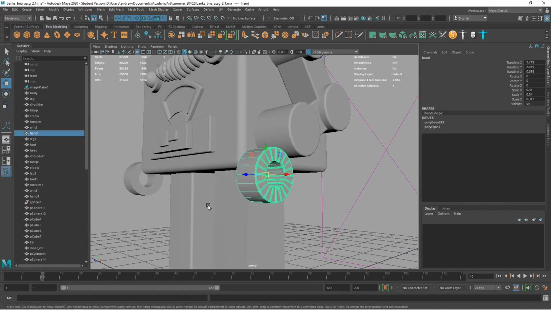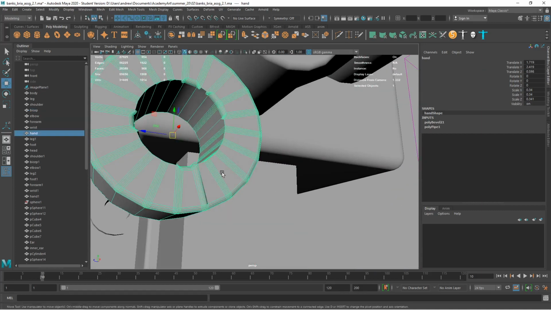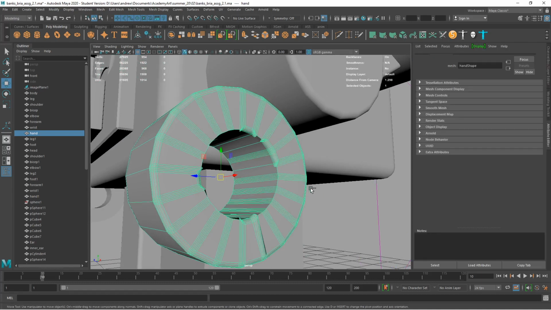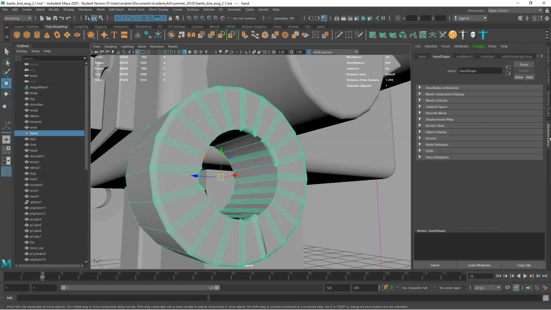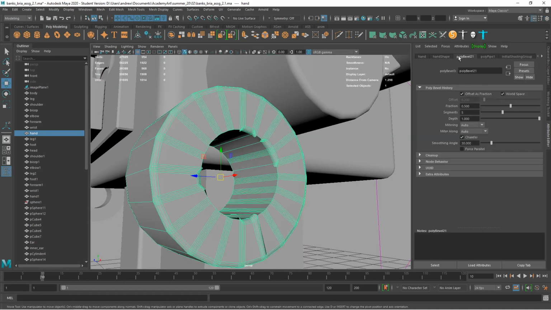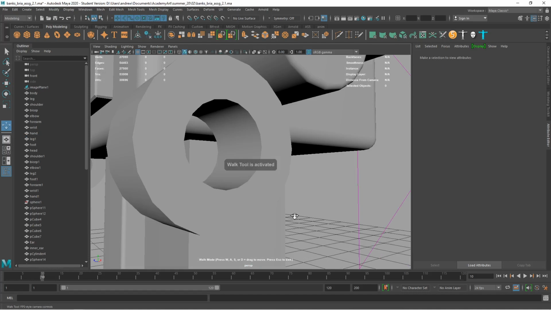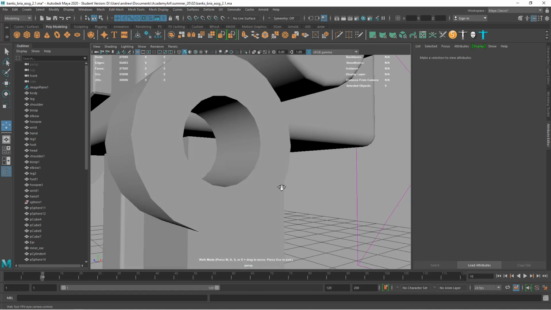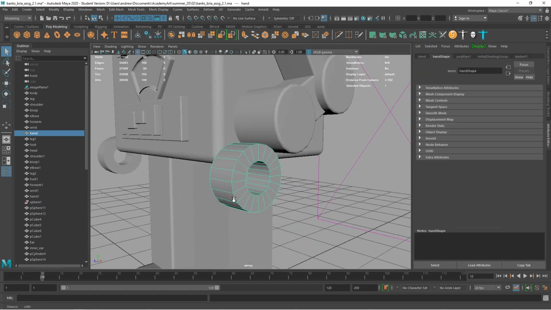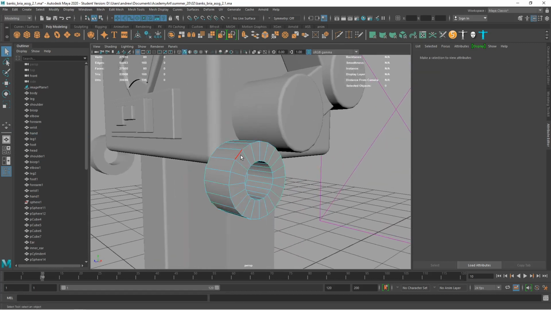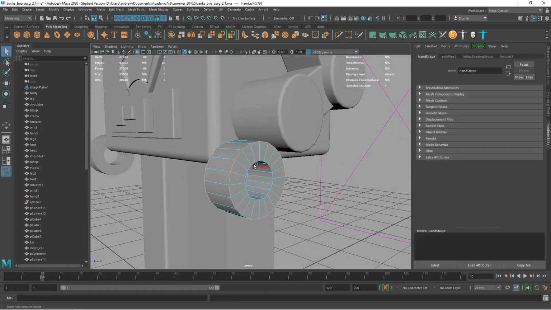So when you didn't do a good job selecting when you did the bevel, you can get rid of the bevel at this point. If I do Control A for the attribute editor, or just click right here and then select the bevel tab and then hit the select button and then hit the delete key on the keyboard. That will get rid of the bevel. And then right mouse click, select the appropriate edges,